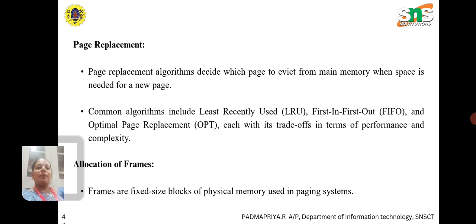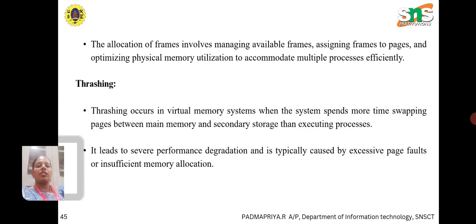Page replacement. Page replacement algorithms decide which page to evict from main memory when space is needed for a new page. Common algorithms include least recently used, first in first out, and optimal page replacement, each with its trade offs in terms of performance and complexity. Allocation of frames. Frames are fixed size blocks of physical memory used in paging systems. The allocation of frames involves managing available frames, assigning frames to pages, and optimizing physical memory utilization to accommodate multiple processes